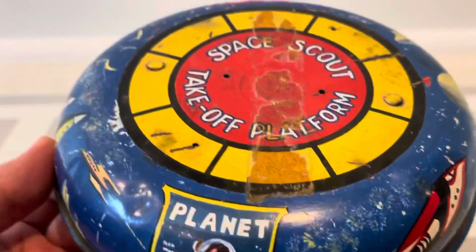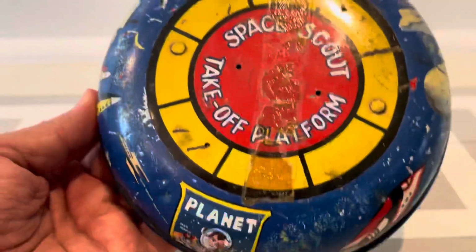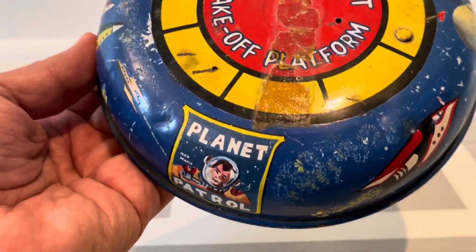So what was the intention of the toy? We'll never know. What is this here? Was this something taped on here? So what you're looking at really is history. This is a part of the toy process, and it gets even better because on the bottom of this toy,